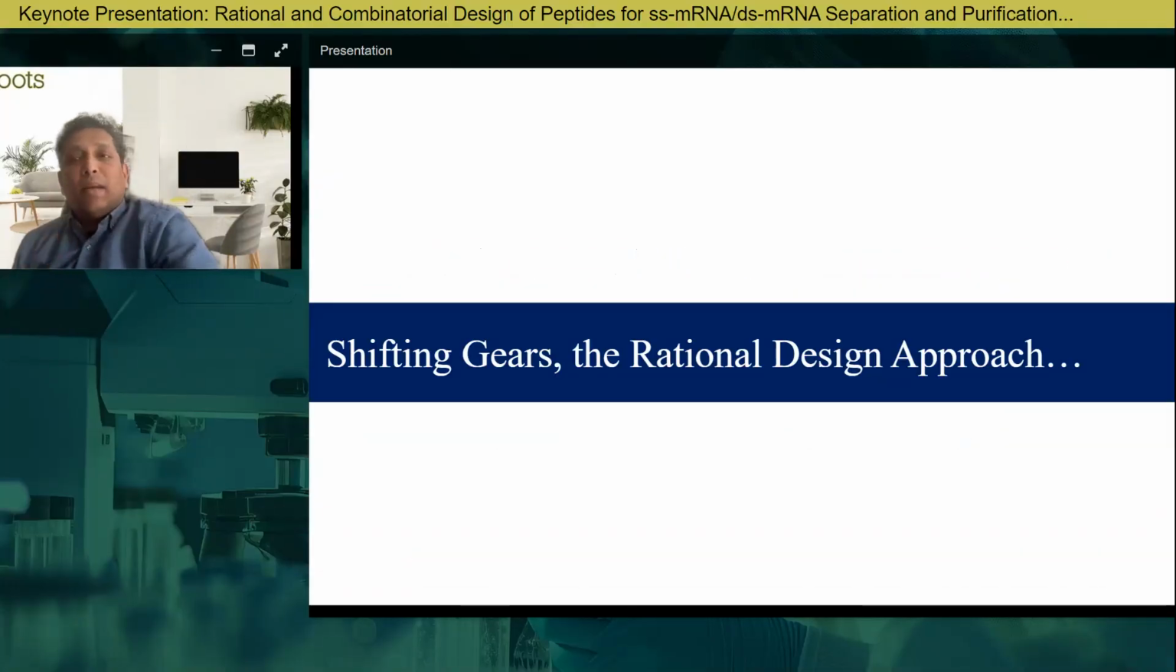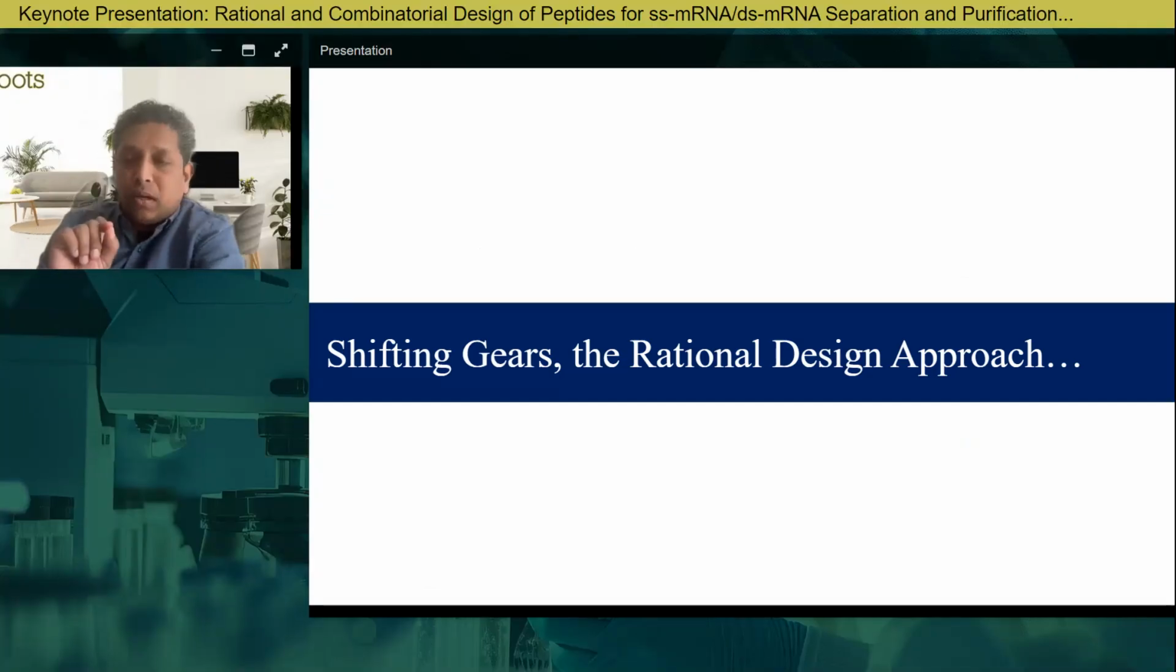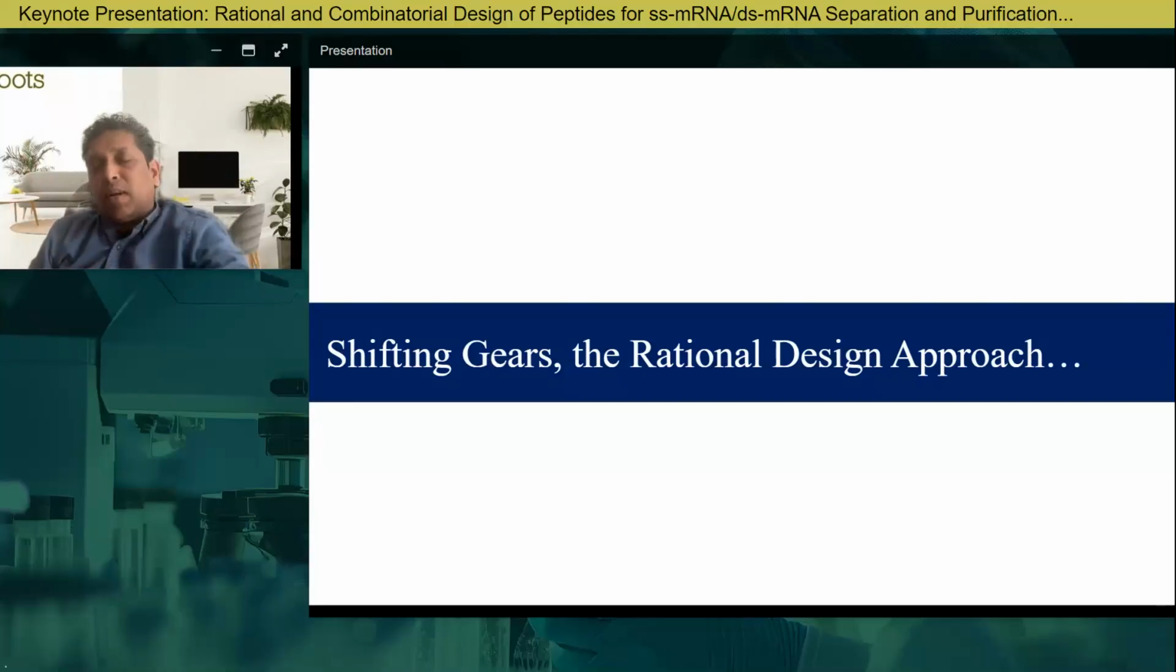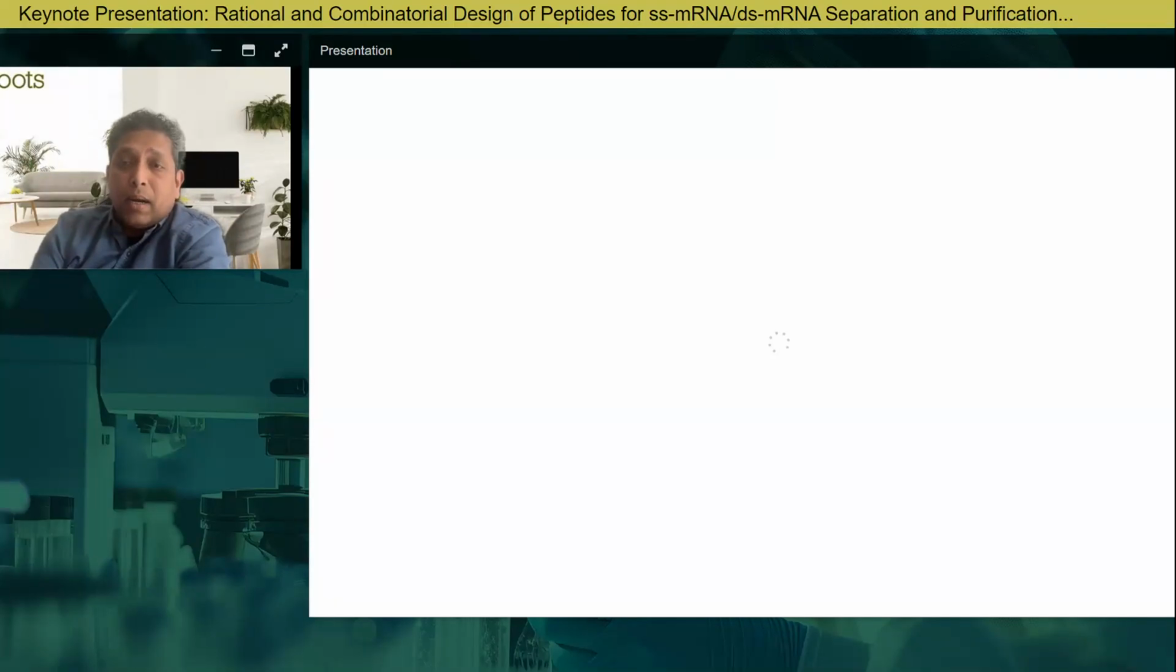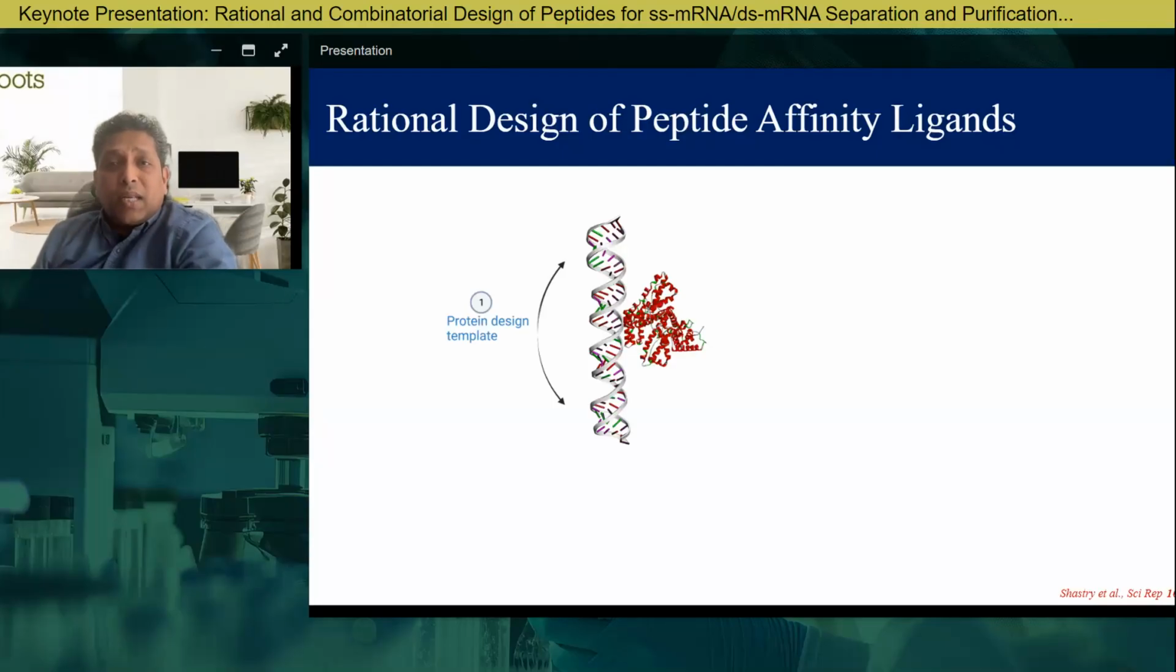Okay, so keep this data in mind. I'm going to shift gears real quick to talk about the complementary approach, which is the rational design approach. And then in a few slides, I'll try and bring these results together just to tell you what we have learned from them, right? So the rational design approach relies on known proteins that bind to RNA, single-stranded as well